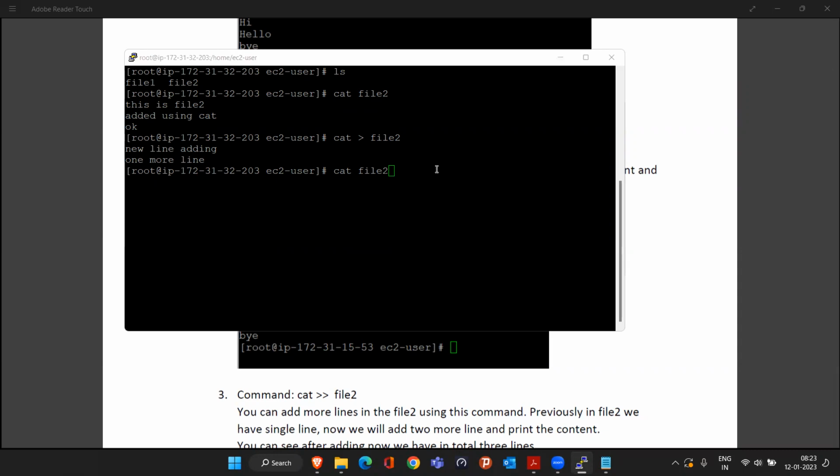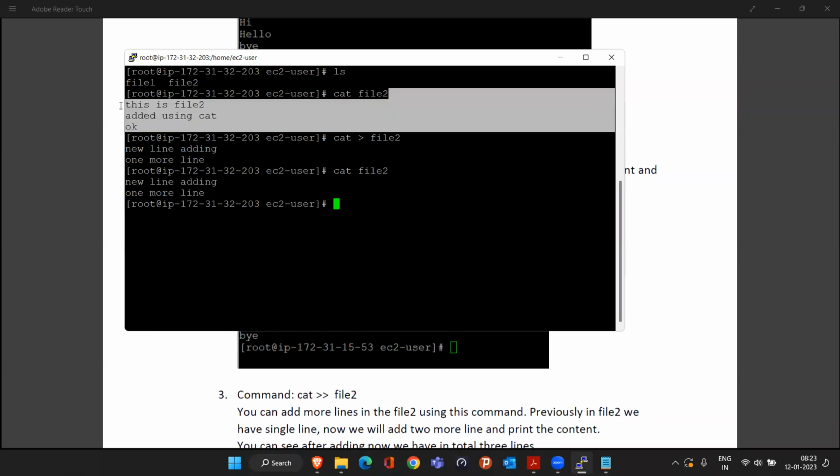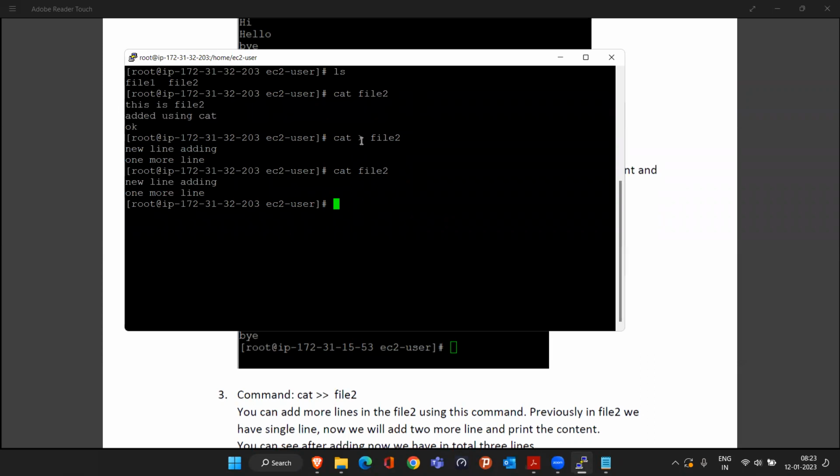This is not the actual case. If I show you cat file2, you'll see only 2 lines, as this one, new line adding, and one more line. So whatever the previous content was there, that was gone. Okay. So what is the meaning of this? That means whenever you are using the greater than and after that you are writing some content, if there is some content already present in your file, that will be replaced. Means your previous data will be deleted,